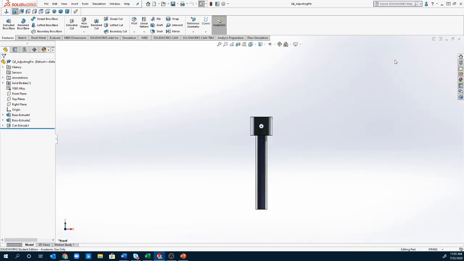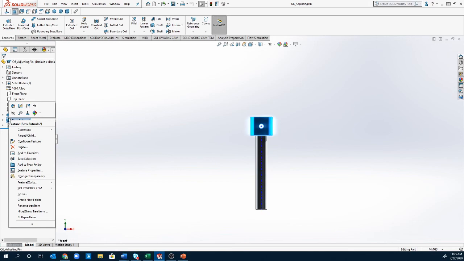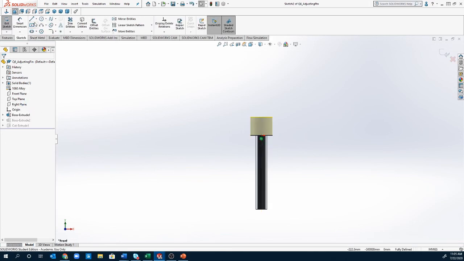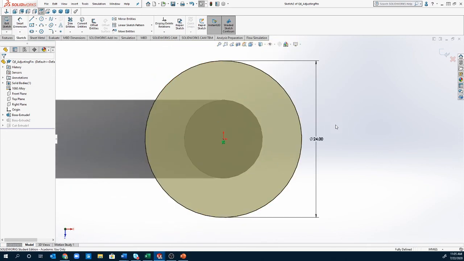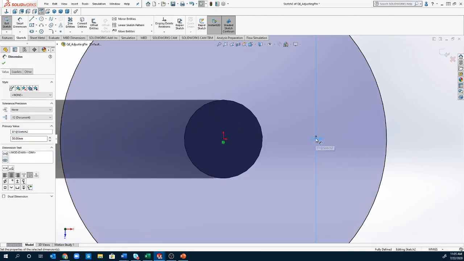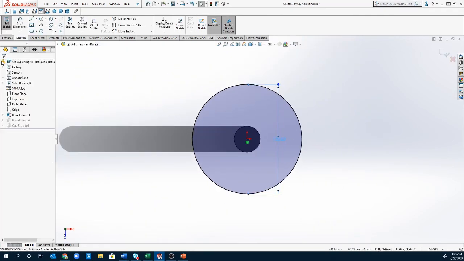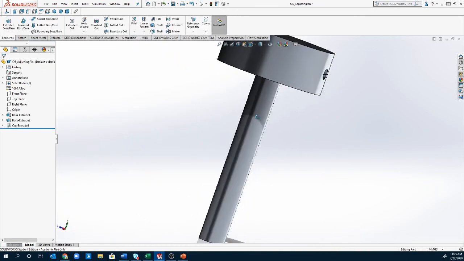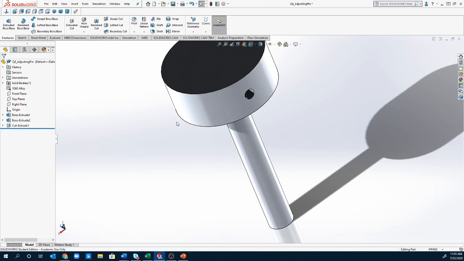Here we go. So we're going to open the pin up, and we notice that I have two extrudes. I've got the bigger extrude and the smaller extrude. Now I can come in here and edit the sketch behind it, and we're going to go normal to it. And all we're going to do here is, instead of this being 24, let's say this is now 50. And we click OK, and we exit the sketch. We now have a very different geometry to our pin, and if I save it,